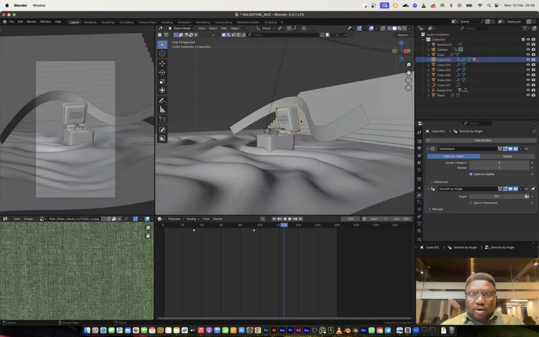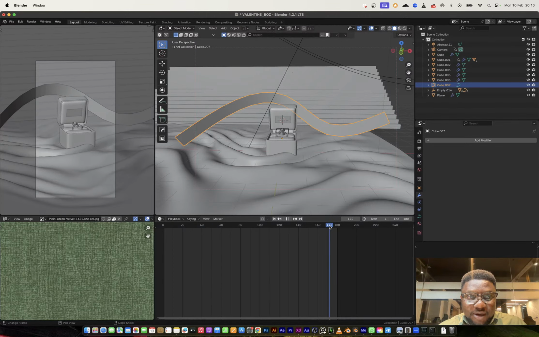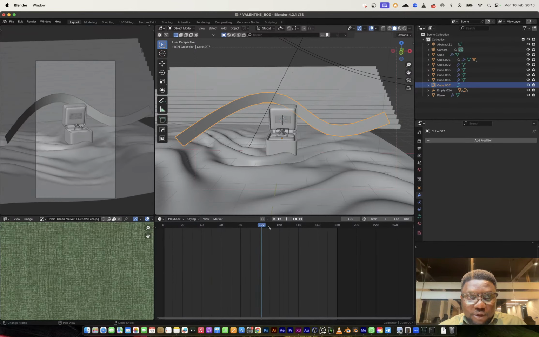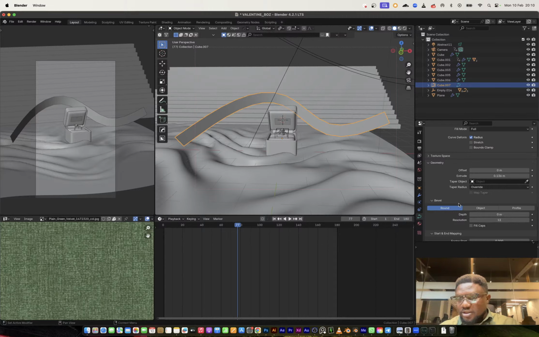But we also want this ribbon to come into the scene. That's why I'm saying I hope this is not too much, right? Because we have a camera pushing in, we also have the box opening, and we also have the ribbon that comes out of frame, into frame, and out of frame. So I can select the ribbon. Let's just try it. There's no harm in trying.